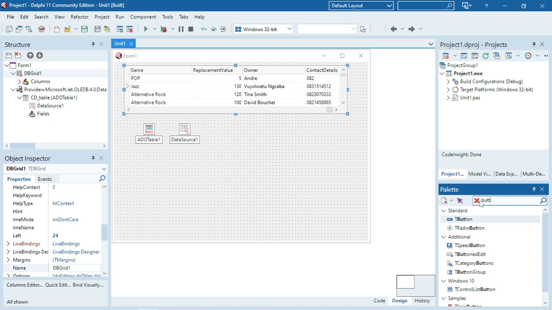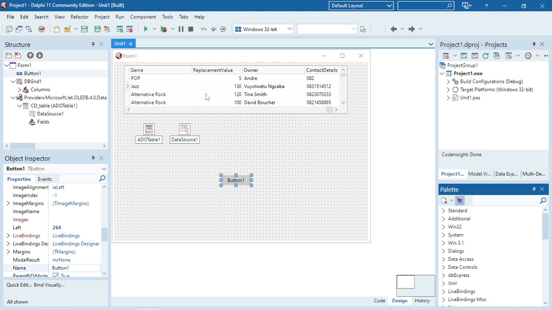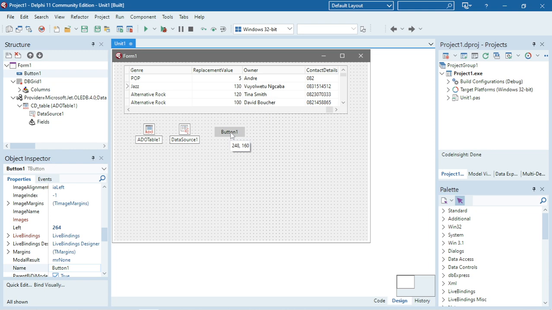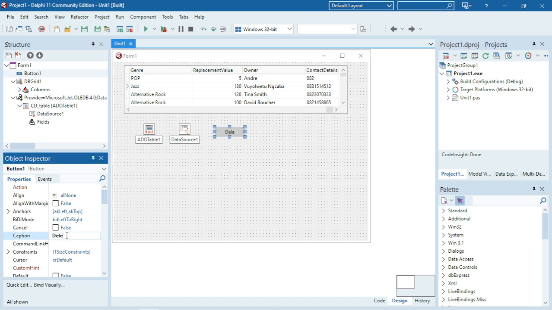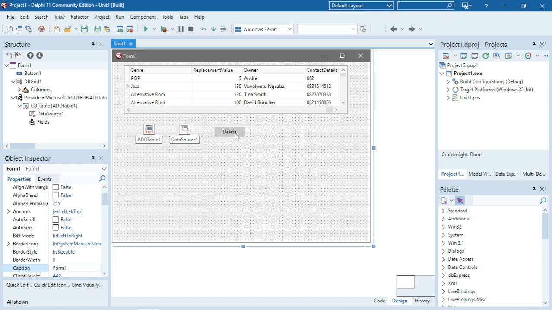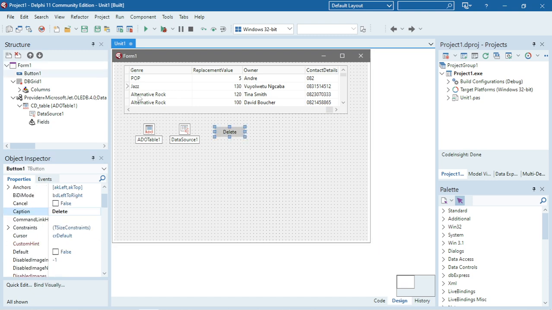Okay, my connections, the Adotable, data source, and DB grid is already set up. And I'm just going to add a button. I'm going to change the caption to delete, and when I click on this button, I'm going to delete the currently selected